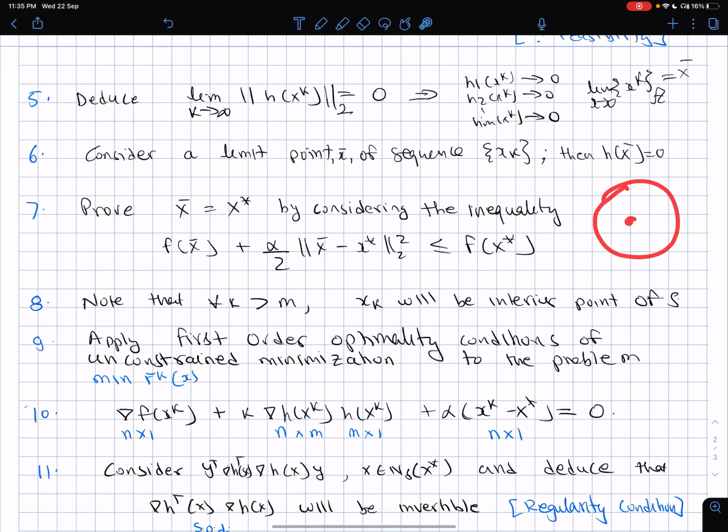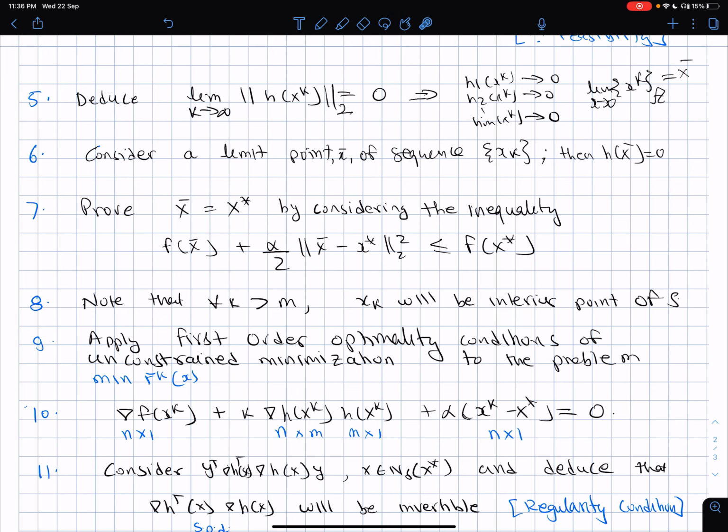So this is your circle, this is your x star. You could move like this for some time, but finally you have to come here at the center. So beyond a point, all the points in the sequence will be within some delta distance of x star, and that delta distance, if I choose, will always be strictly lower than this epsilon distance, and therefore beyond m, all the points will become interior points of the set S.